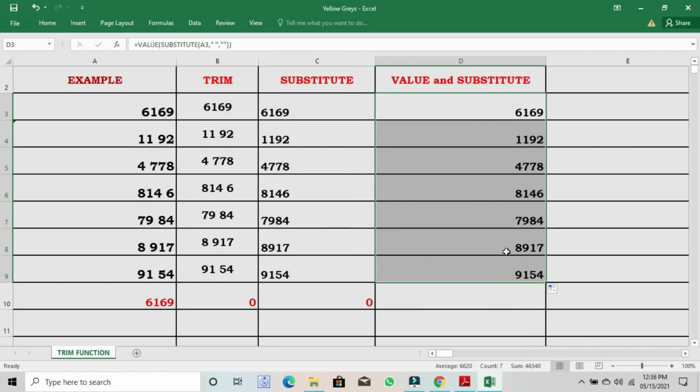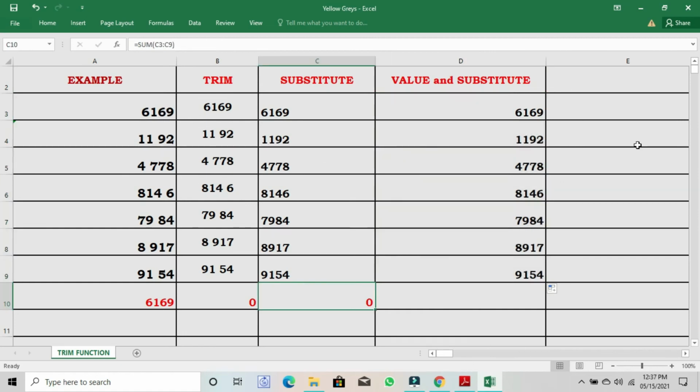If we observe here, all the numbers are converted to numbers and all the extra spaces are removed. Let's check whether we are getting the summation value for the obtained result. See, I am getting the total value for the given numbers.